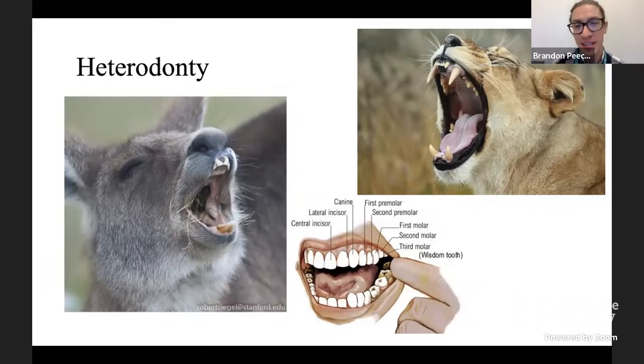Plenty of vertebrates have evolved so that there are different kinds of teeth in different parts of your mouth. That's generally fine. Mammals have evolved with very specific teeth, a suite of teeth that they all share and adapt in different ways. So you guys have incisors, canines, premolars, molars, and all mammals share teeth like that. Maybe they've lost some of them, maybe they've added more, but they still have this basic structure to adapt to